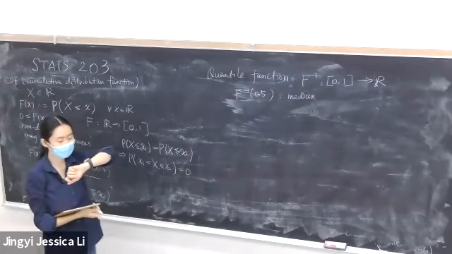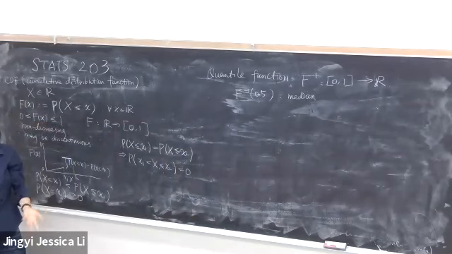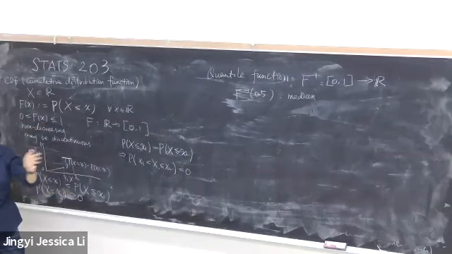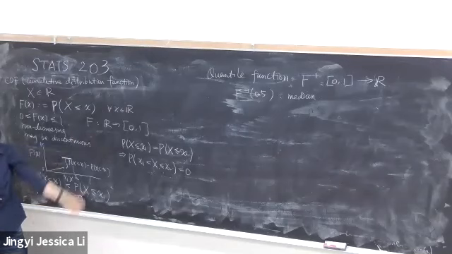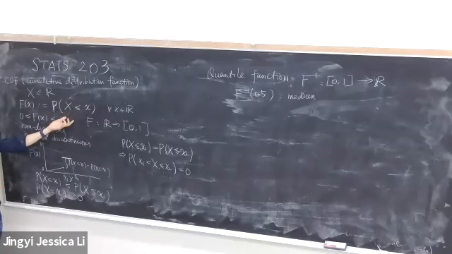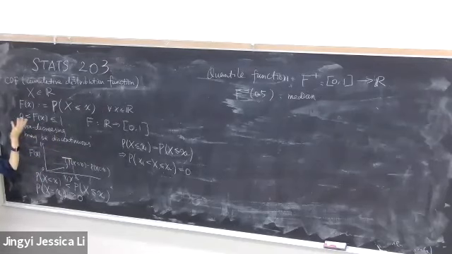But this median is different from the median you learn from introductory statistics. The one you learn is that you have a few numbers, you sort them from the smallest to the largest, and you pick the middle one. That's the median of a sample, so it's a sample median. But what we have here is the population or distribution median. Given a Gaussian distribution, you find the median. Given a Poisson distribution, you find the median. And the way to define it formally is through the CDF. It's the inverse of the CDF.